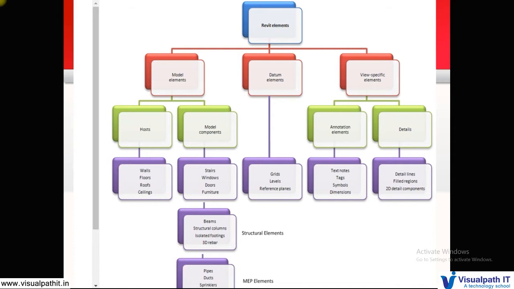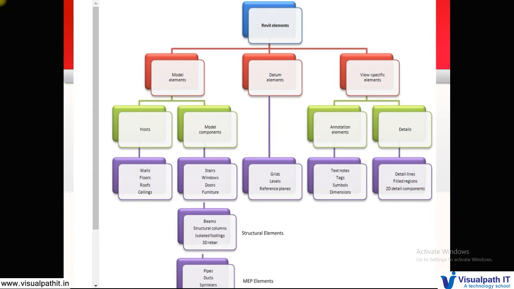So the components which are constructed at the site are called hosts, because they are going to hold some element. So these are the walls, floors, roof, ceiling. And when something is built outside and brought in and fitted in the host, they are called components, like doors, stairs.